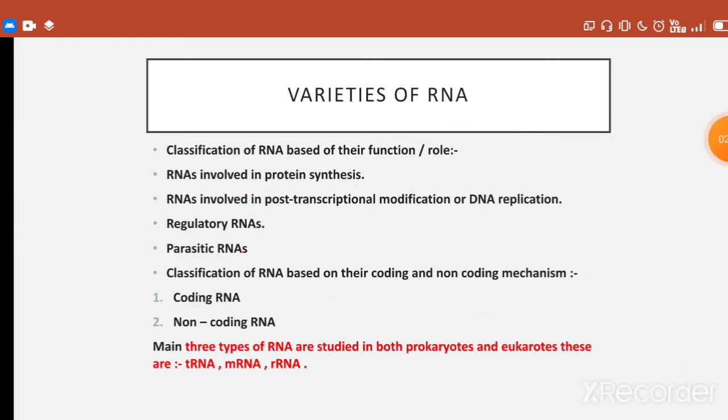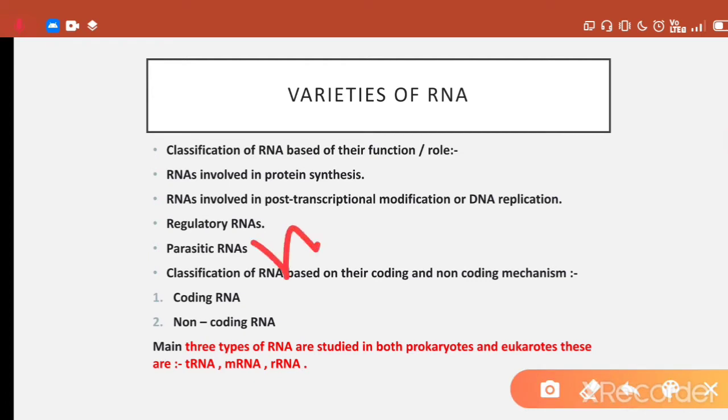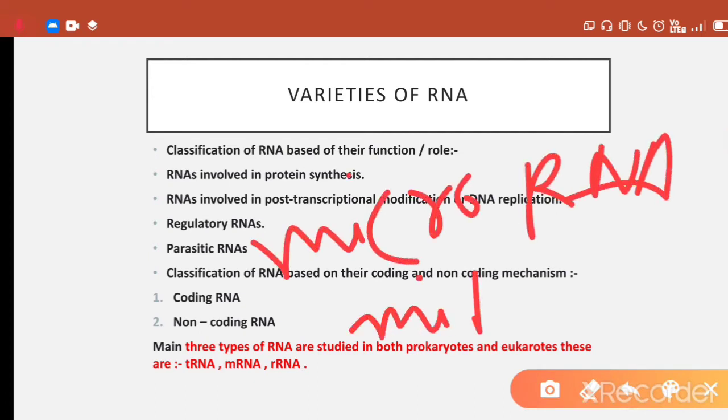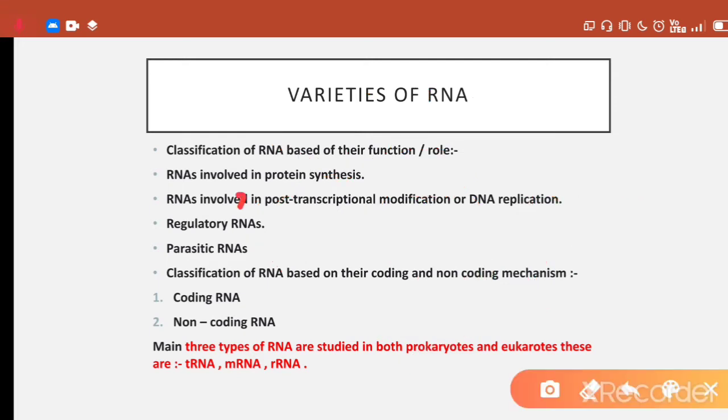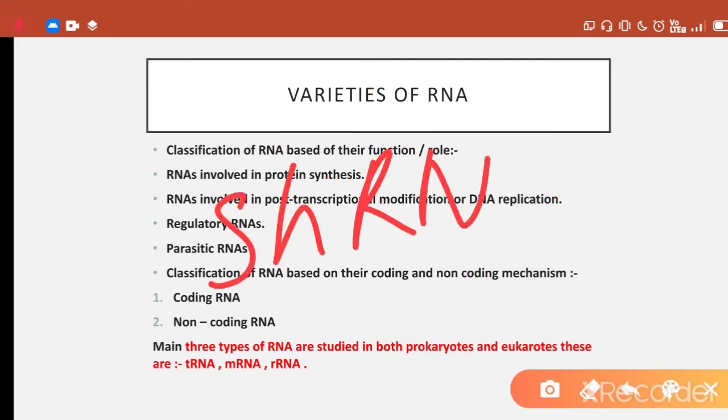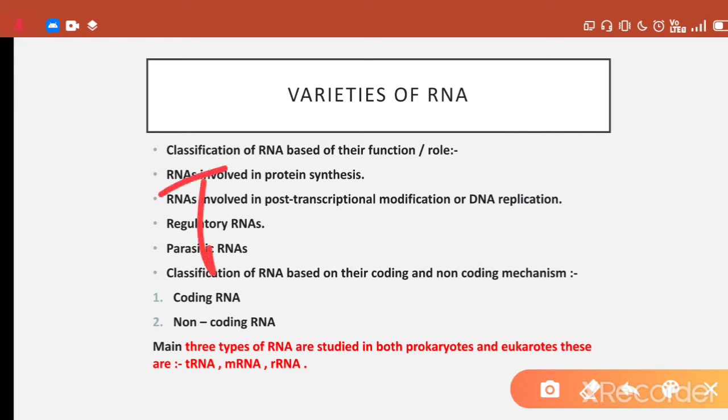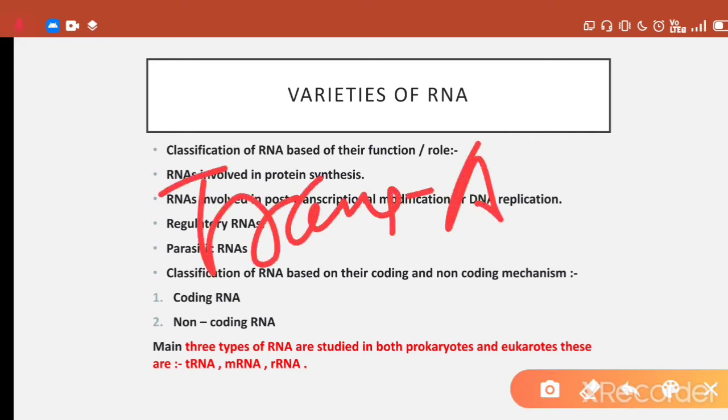Other examples of regulatory RNA are microRNA, or miRNA. They play a major role in gene regulation in eukaryotes. Another example is siRNA, which also plays a role in gene regulation in eukaryotes. And short hairpin RNA, that is shRNA, also plays a role in gene regulation in eukaryotes. And other examples are trans-acting